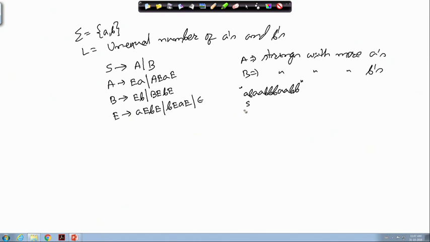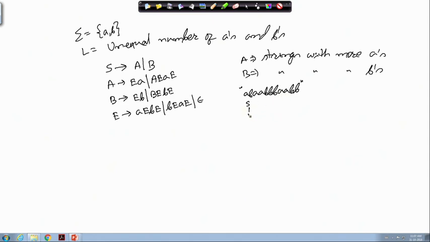So, S gives, S can give A. So, it has more B's than A's.